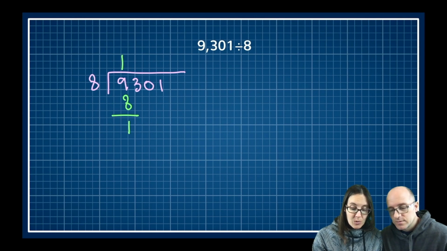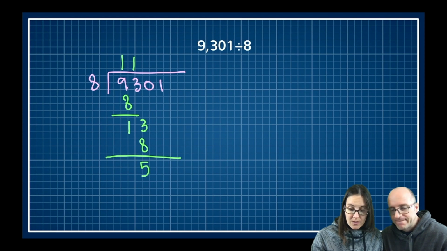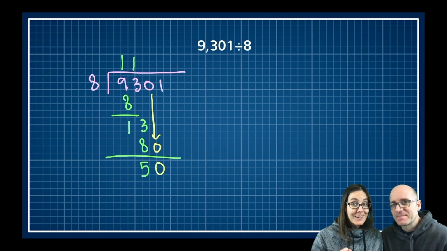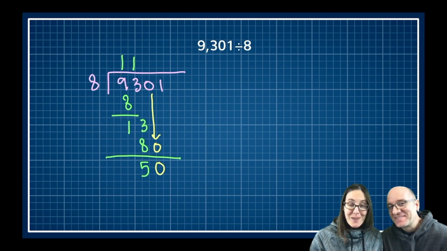And now I'm just going to bring down 1 digit and check and see, does that one work? Okay. So does 8 go into 13? Yes, it does. Again, just 1 time. 1 times 8 is 8. And 13 minus 8 is 5. Good. And then I bring down a 0 all the way down. It almost got stuck on that line, but it made it through. All right.